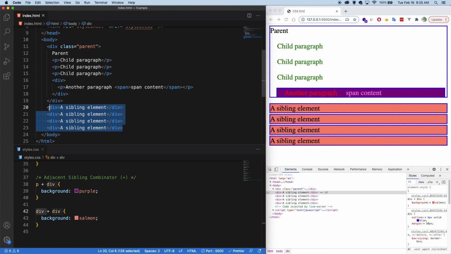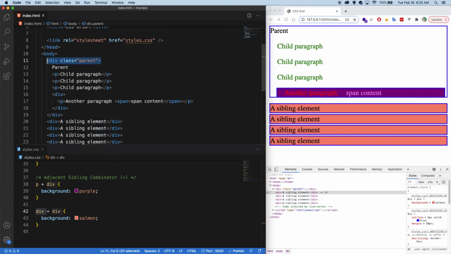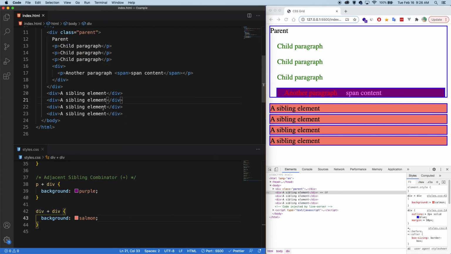And so that's why these 4 have this salmon color. And the reason that this parent div doesn't have the salmon color applied is because when it looks immediately before it and says, do I have a div sibling? It doesn't. Now, to make things even clearer, let's put a span right in the middle that says hi, and